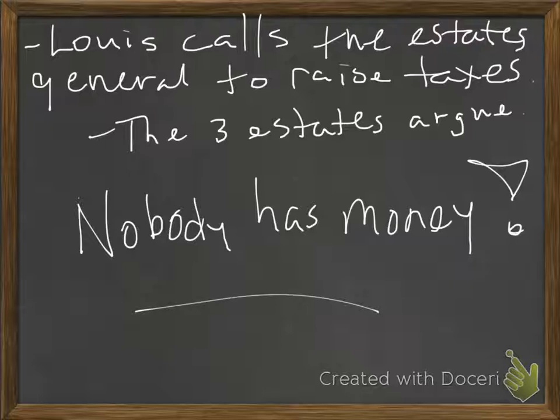And the Estates General is set up in an interesting way. There's 3 estates. There's the first estate, which is the clergy. There's the second estate, which is the upper class nobility. And then there's the third estate, which is known as the bourgeois, but it's really the middle class. And like we talked about when we broke down the Enlightenment, the middle class really controls every society. And the middle class was unhappy. Not to mention the middle class made up about 90% of the population.